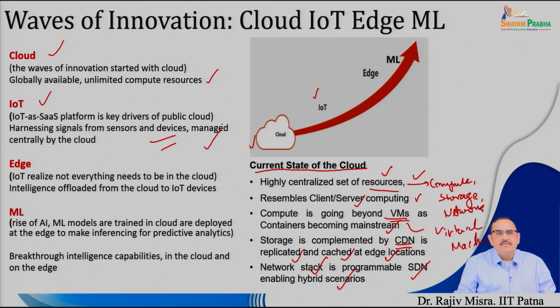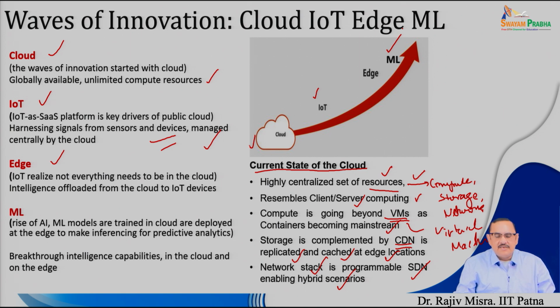Not only to manage the devices, but the cloud is also used to store the data which is sent by billions of IoT devices. Now, the question comes: why does this particular data require the cloud? The basic purpose of using the cloud by the IoT application is to perform the machine learning or the artificial intelligence which is there at the cloud. So, the data which is sent by the IoT devices is often sent to the cloud. Why? To do the machine learning which is happening inside the cloud.